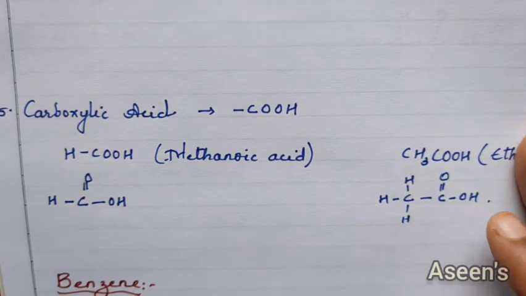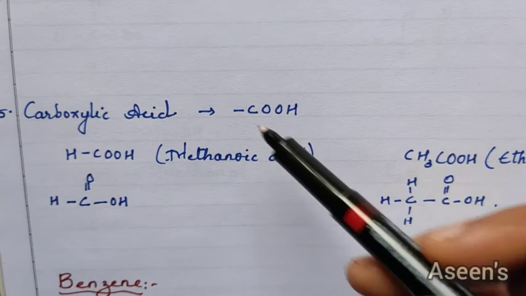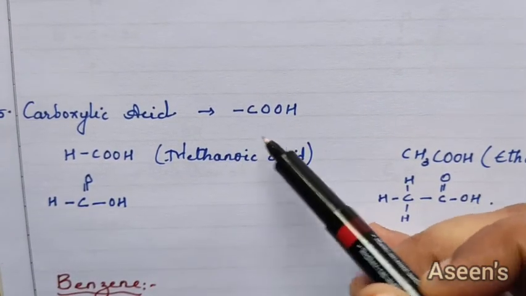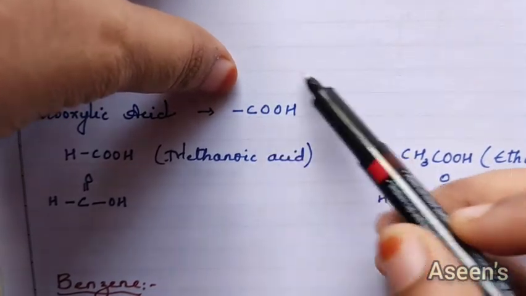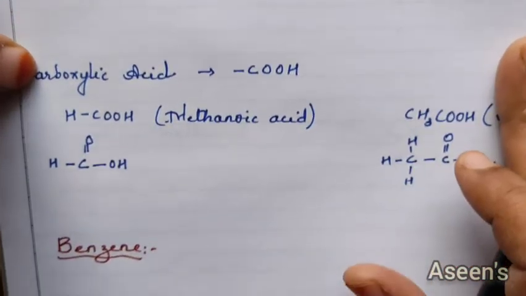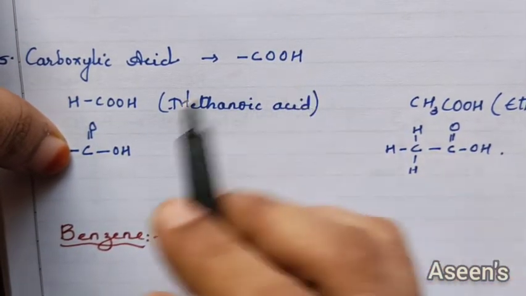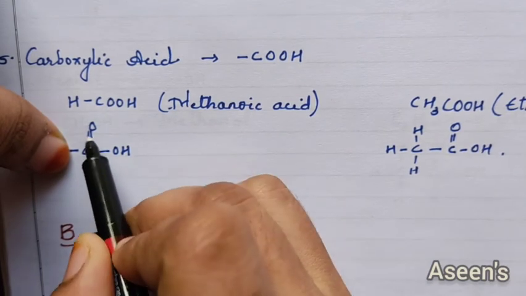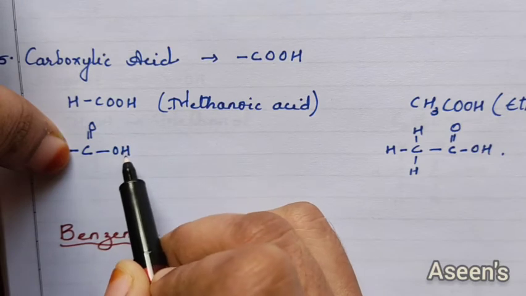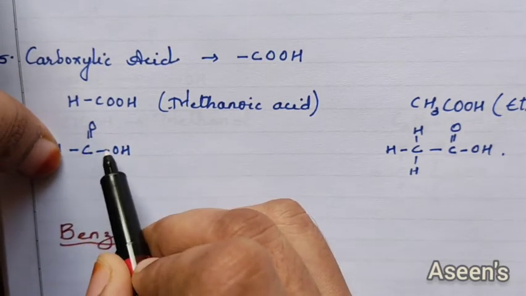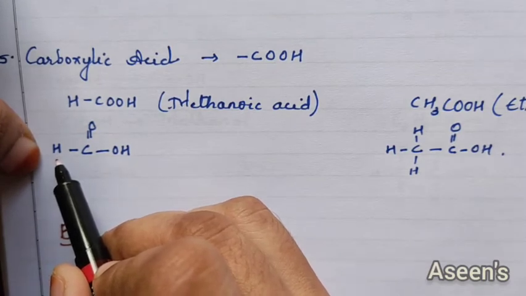And then comes your carboxylic acid, the last one. So carboxylic acid, we actually use here the functional group, COOH. This is the molecular form. We're going to see that. If you are writing the structural formula, it looks like this: C with a double bond O, and the other side has an OH. So 1, 2, 3. The fourth arm, if I put a hydrogen to it, this is the first member.